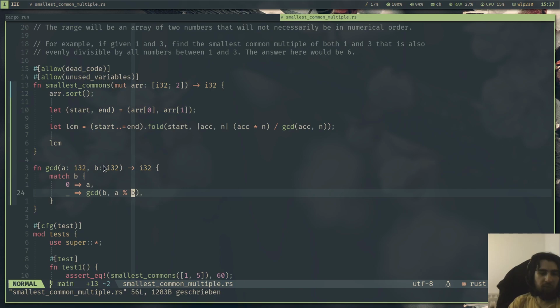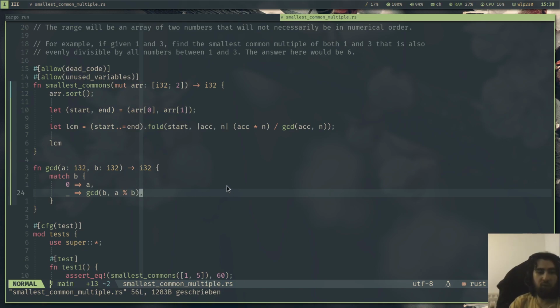So b will be 0. Then 0 is matched because b is 0, so we return a. So the greatest common divisor of 16 and 4 is in fact 4. Pretty clever function,